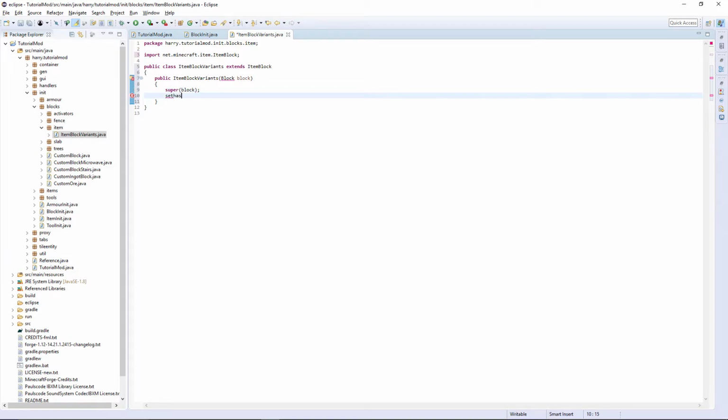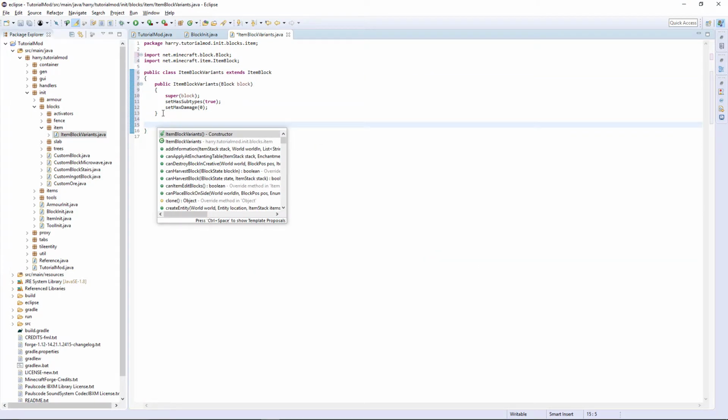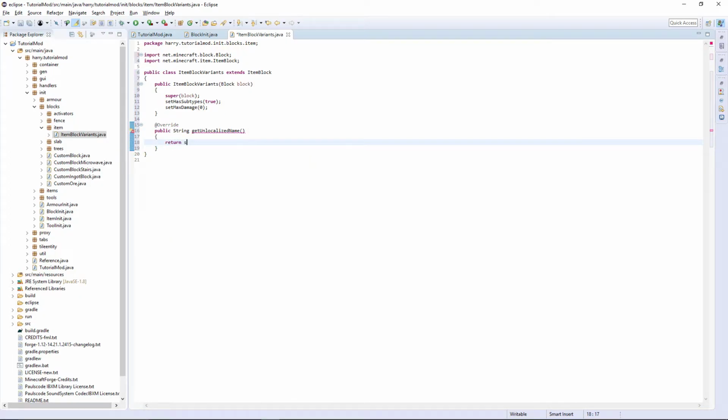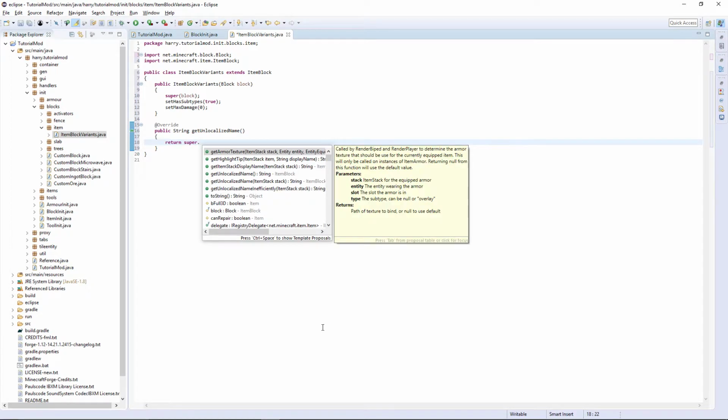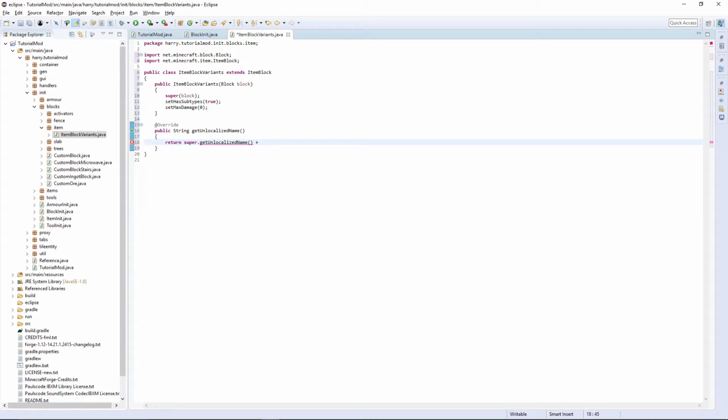We're going to set has subtypes to true, as it has subtypes because it has variants. And set max damage to 0. Import Block as well, Control-Shift-O, net.minecraft.block.Block. We're going to get the unlocalized name, which is going to return super.getUnlocalizedName() plus underscore plus then two brackets open, IMetaName this dot block,